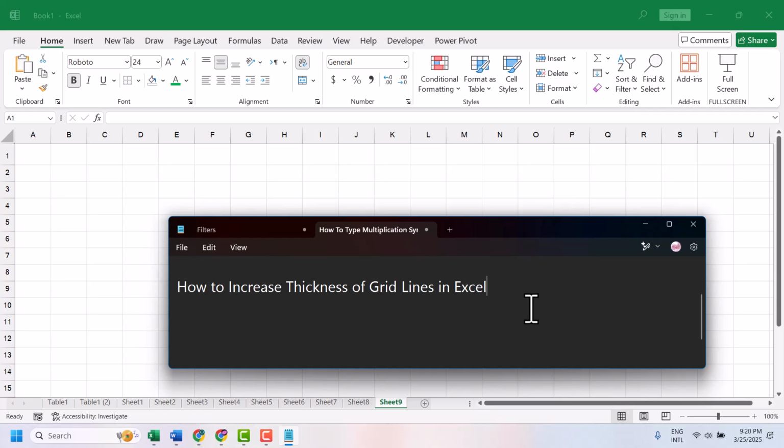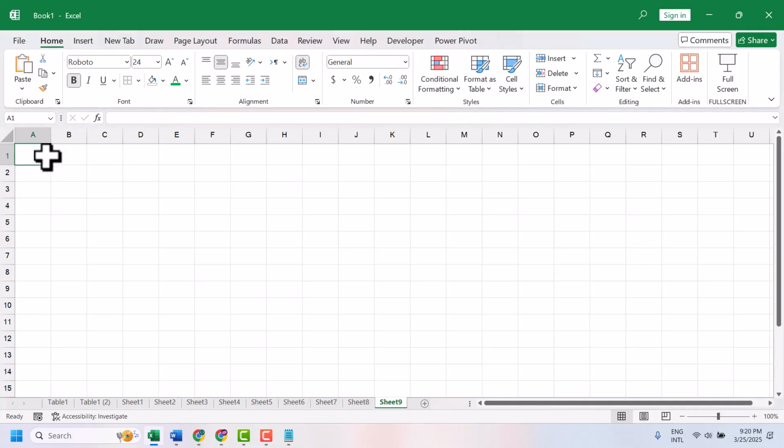Hello friends, in this video I will show you how to increase the thickness of guideline in Excel. So this is very easy to increase it. So firstly you need to